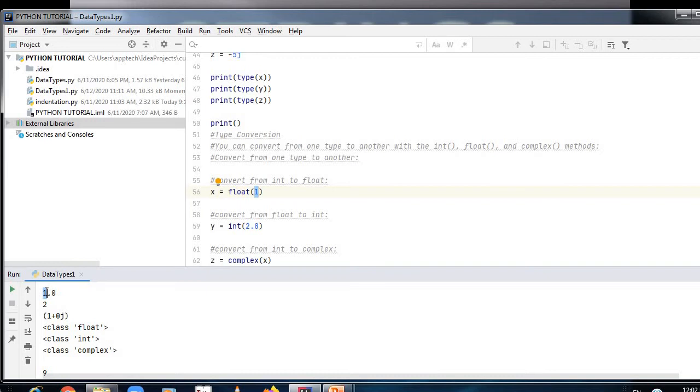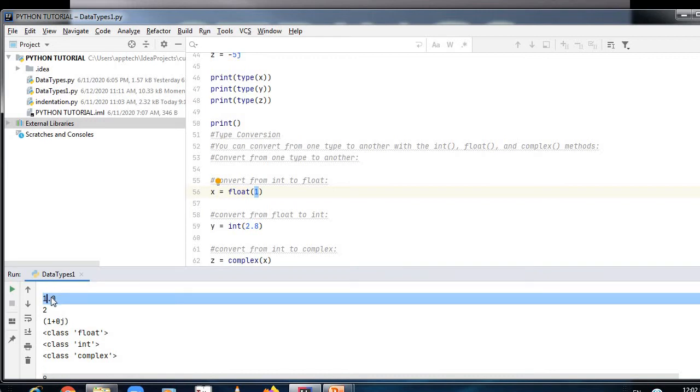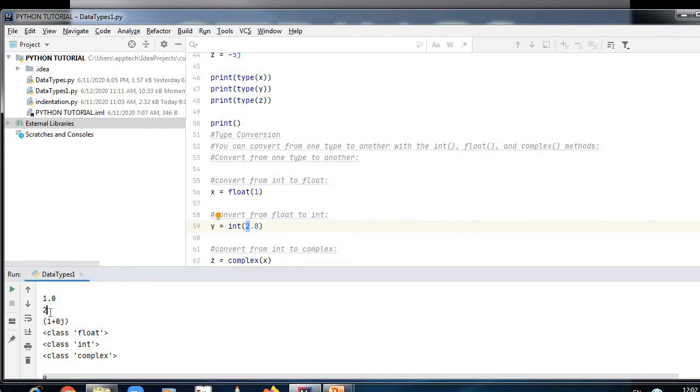So 1 was the number, and from 1 we converted into float, giving 1.0, which has a decimal, and a decimal number is nothing but float. Now convert from float to int: the number is 2.8, and an integer doesn't have a decimal, so the decimal part has been removed and only 2 is there.